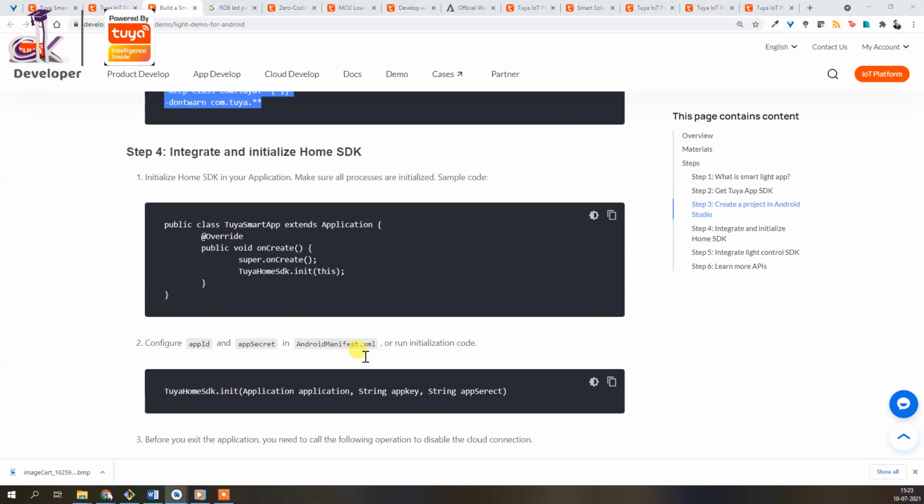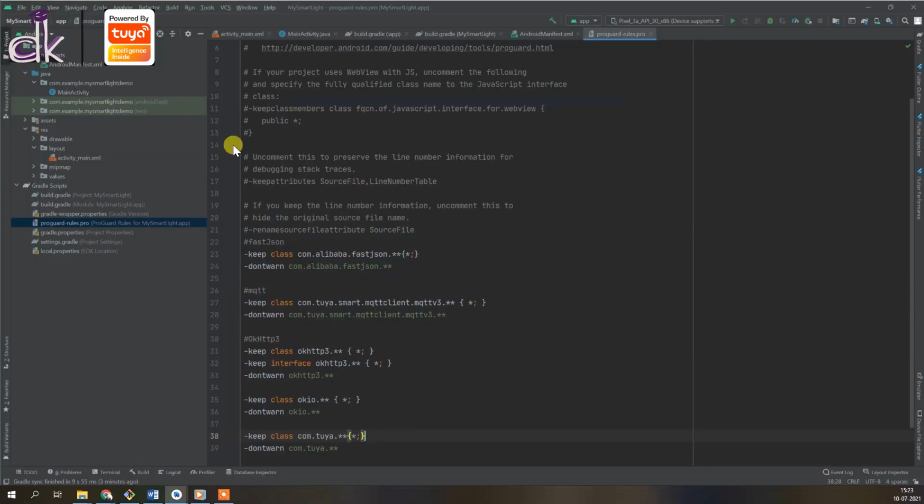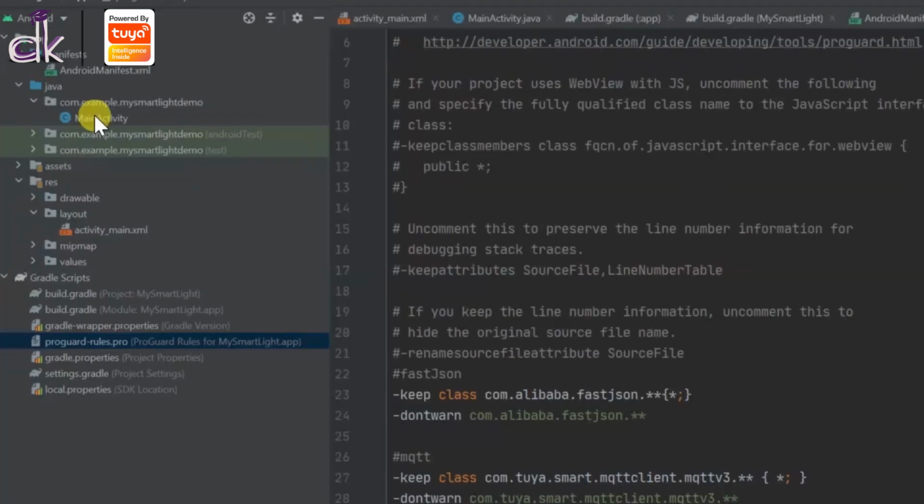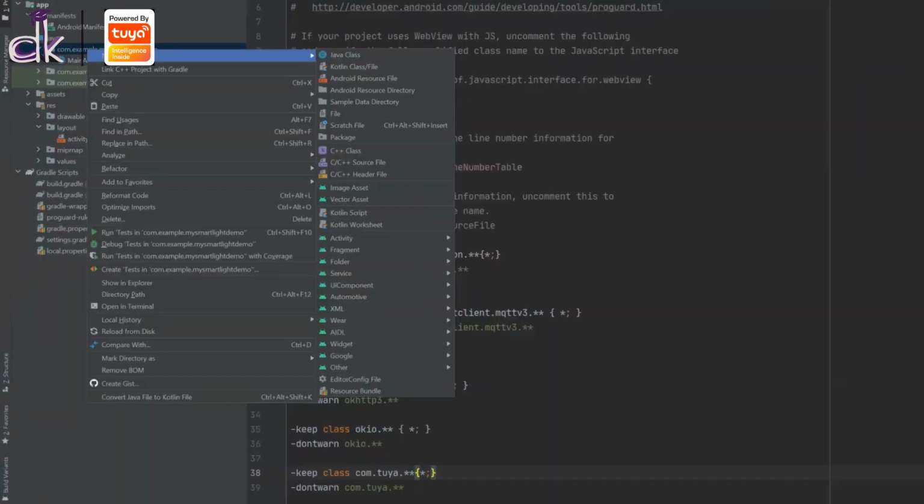And now that everything's done, we need to create our own application. So you can see here we need to initialize the home SDK and then work on it. So how do I create an application, right? So here main activity is an activity and it's not really an application, right? And what's the difference between the two? Main activity has its own layout file where we can define the UI and how it looks, and based on the interactions with the user, the main activity has certain functions which based on the user's interaction it will do certain things, right? But we want to create an application that will just run and do some initializations for us.